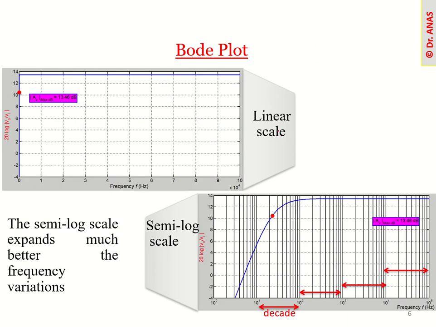Okay, so let's see. For example, this is one plot for the frequency and the transfer function, which is the ratio of the output over input, and this is linear scale. Okay, the frequency is also linear scale, and the gain, this is also linear scale. So we can see that for example at 0 we have almost -4 value, and then it goes to 14 and it stays at 14 for the complete frequency range.